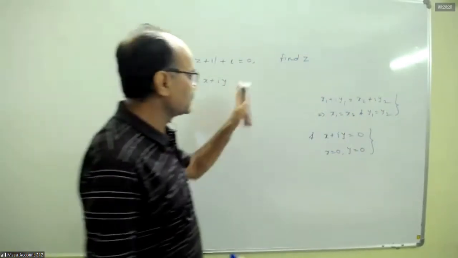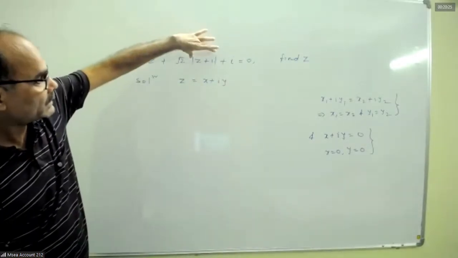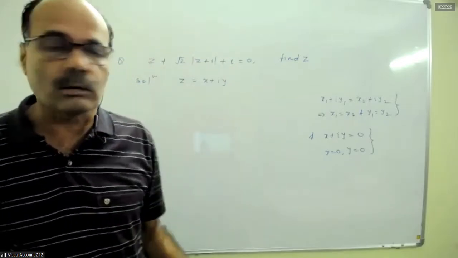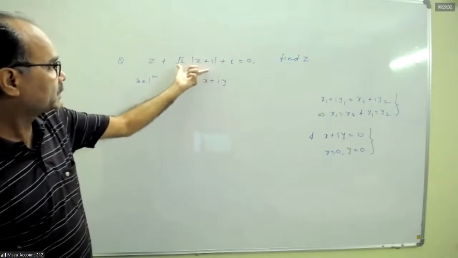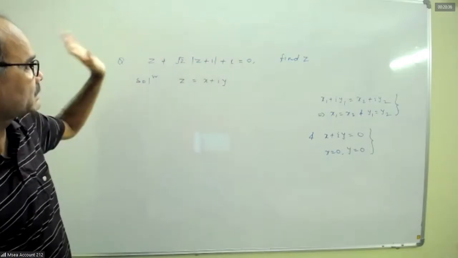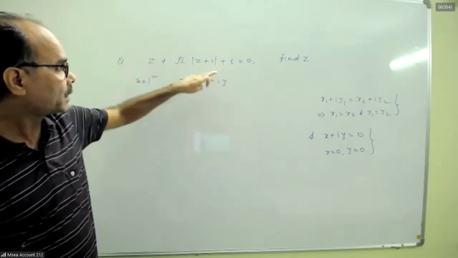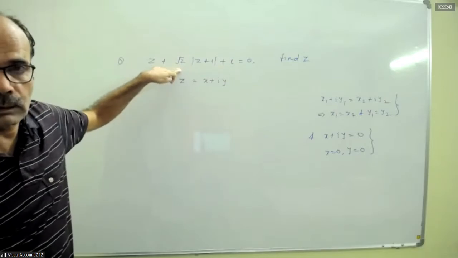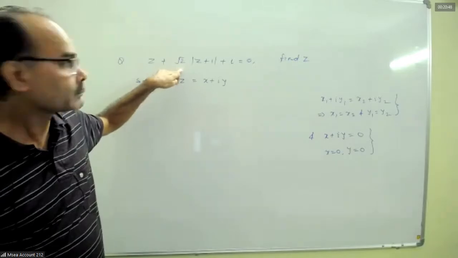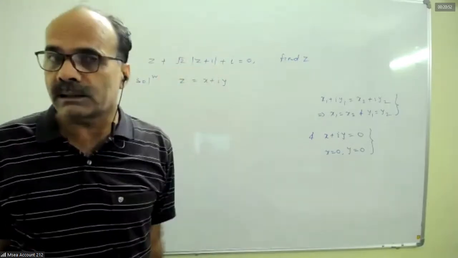Okay, so let us assume that z equal to x plus iy. So this quantity is always real. Left hand side is a complex number, and this is magnitude, so this is always positive. So imaginary part of left hand side is how much? y plus 1, because this is always real. Positive real. Yes, sir. This quantity is always positive real. So imaginary part of left hand side is how much?